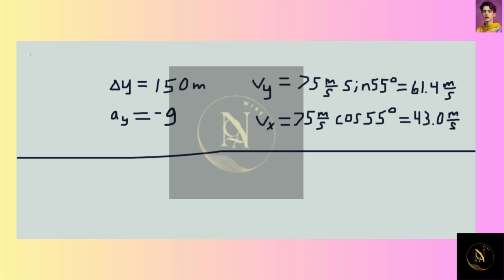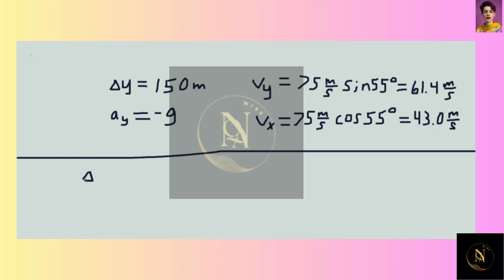And of course, the acceleration in the y direction is going to just be minus g, minus gravity, which is 9.8 meters per second squared. We want to figure out how far the bale of hay is going to go if he releases the hay from the plane at this height, traveling at this velocity. So first we need to figure out the amount of time it's going to take for it to hit the ground,